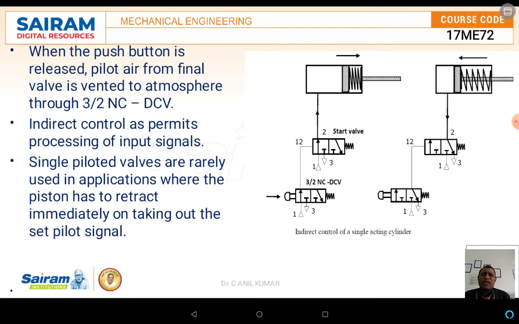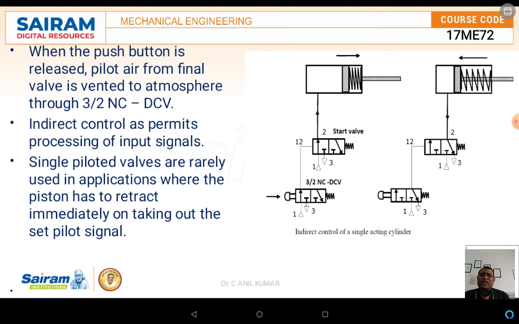In the same way, if the push button is released, automatically the reverse action, or the retraction, also takes place through the 3x2 DCV valve only. See, this is a small explanation with respect to the indirect control of